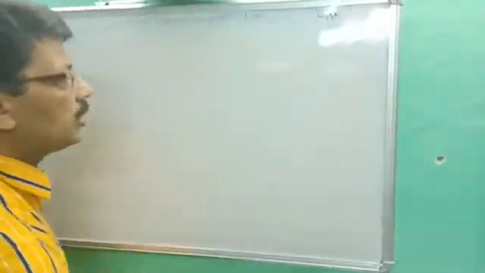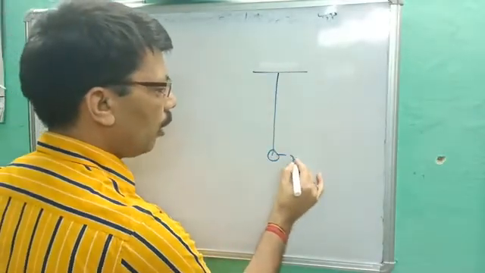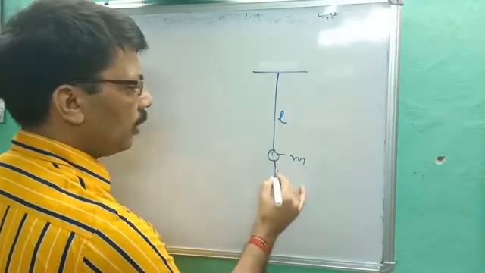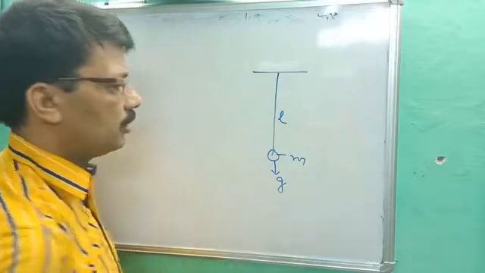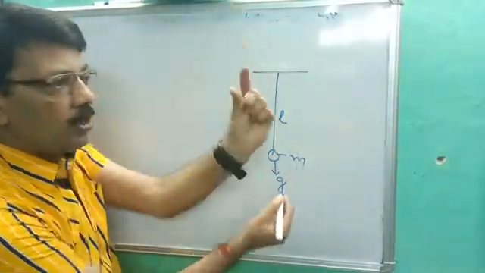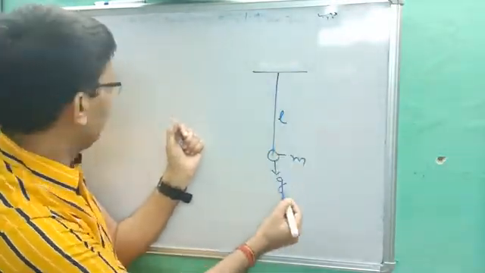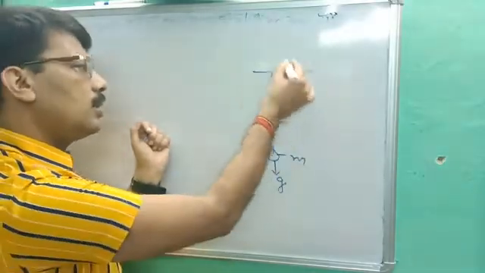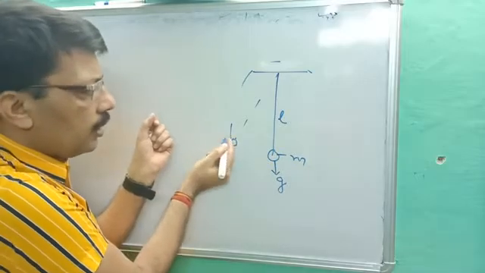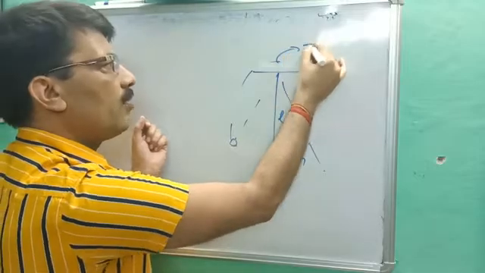Let's suppose the question is given: a bob of mass m hangs by a thread of length L, and the gravitational acceleration is g. Once again, all physical quantities are very clear. A small bob of mass m is suspended by a length L, with gravitational acceleration g. It makes oscillations. You put it like this and leave it, it will go like this. It will make oscillations. I ask you to find the formula for the time period.